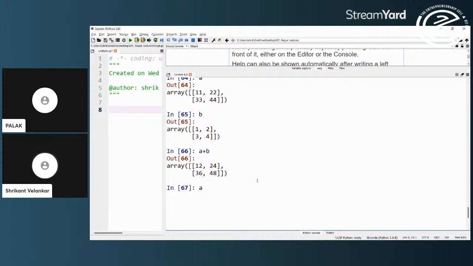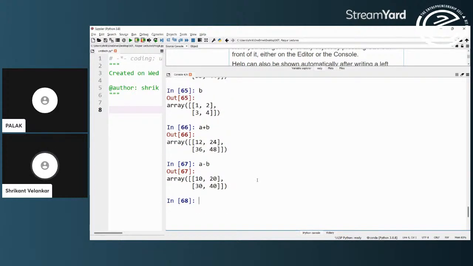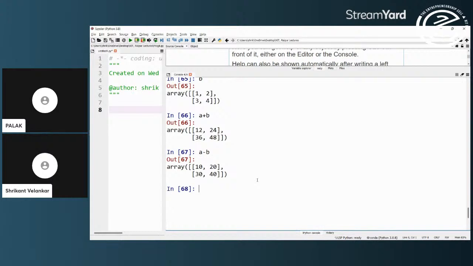If I do A minus B, you will see that the element by element subtraction will be carried out. A multiplied by B is an element by element multiplication, not matrix multiplication. We will have to write a small program to make it into a matrix multiplication.